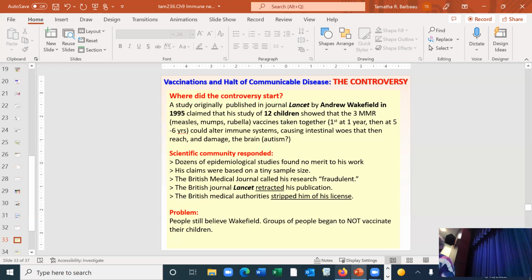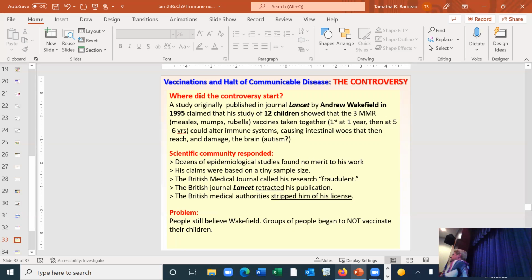And he made these very vague statements that it could alter immune systems. Well, yeah, it's making your immune system produce antibodies to the thing you just injected them with. He said it could cause intestinal woes, which I don't even know what that is, and then could damage the brain. He had no empirical data at all. It was just suggested. He just posed these ideas. But the problem is,